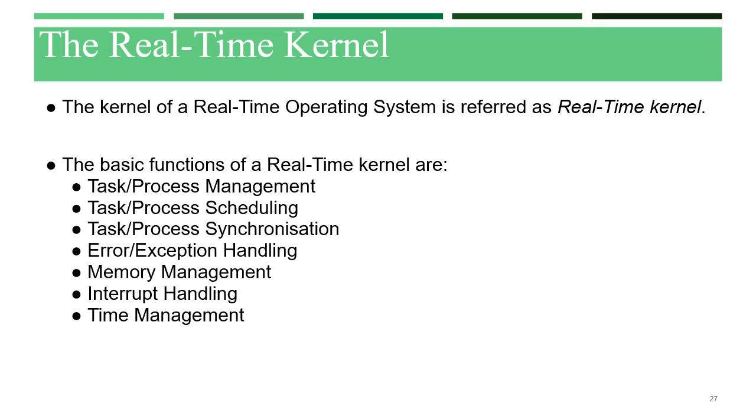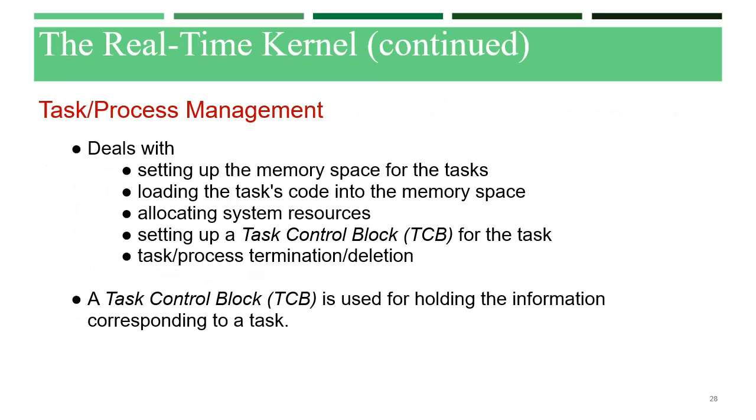Task or process management, task or process scheduling, task or process synchronization, error or exception handling, memory management, interrupt handling, time management. We have listed the basic functions of a real time kernel in the previous slide, so we'll discuss each one in detail. Under that, the first one is task or process management. This deals with setting up the memory space for the task, loading the task code into the memory space, allocating the system resources, setting up a task control block for the task,